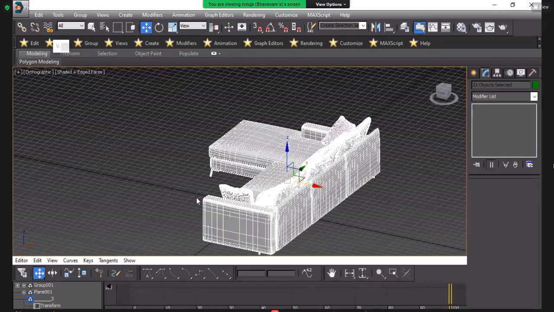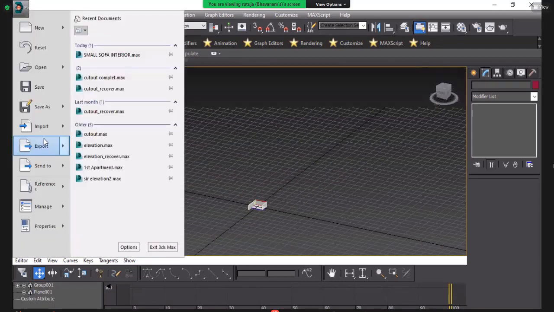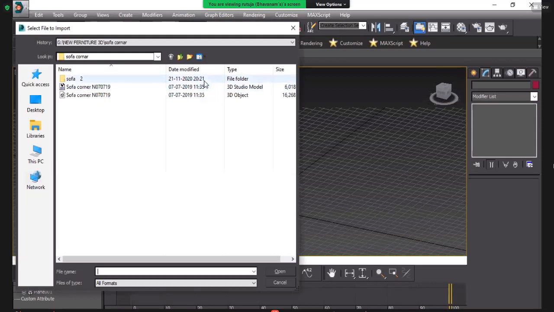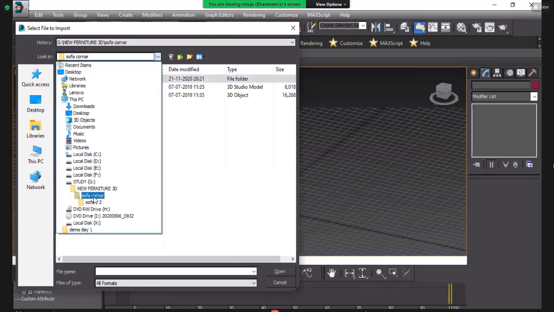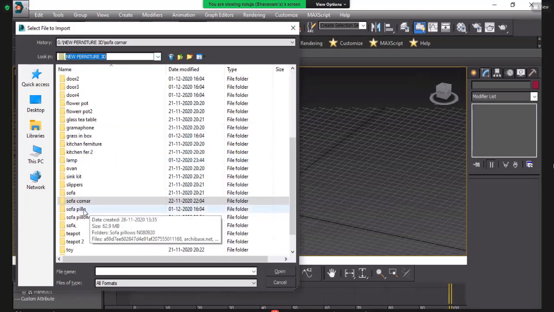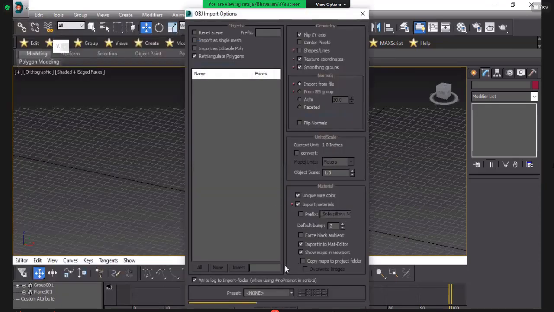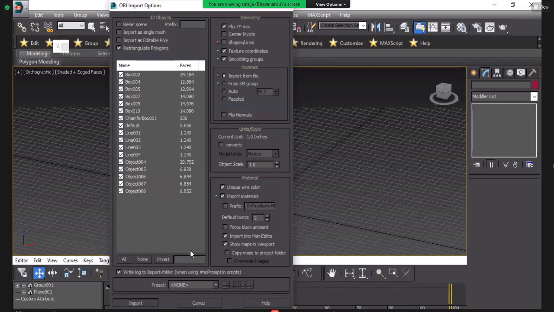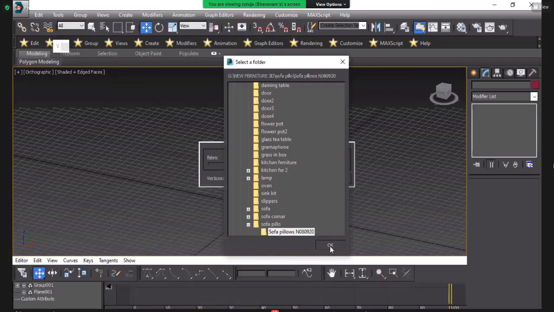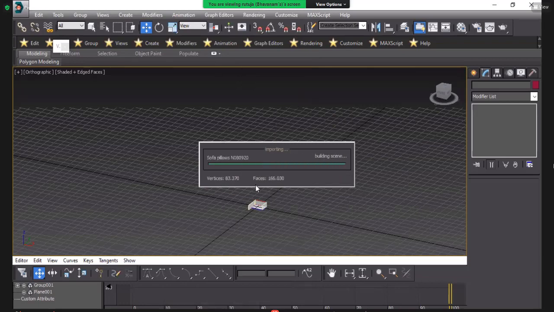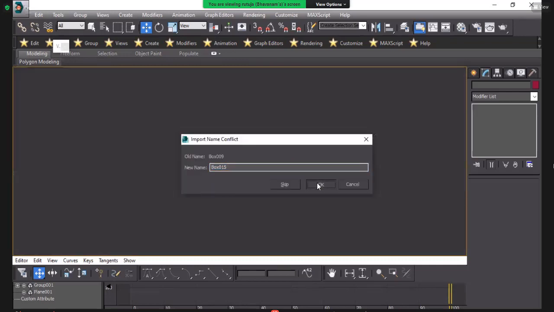So here I will get another one. Press OK. It will show a box.